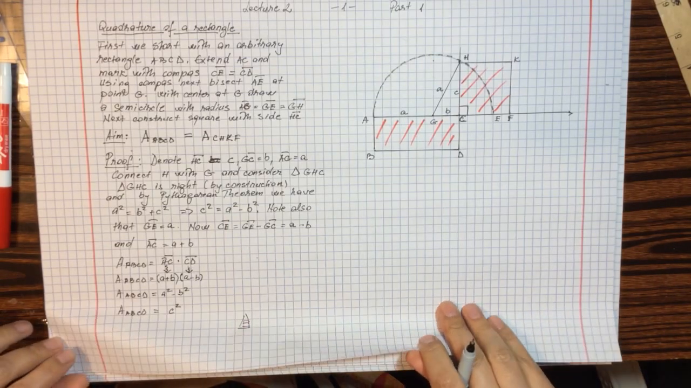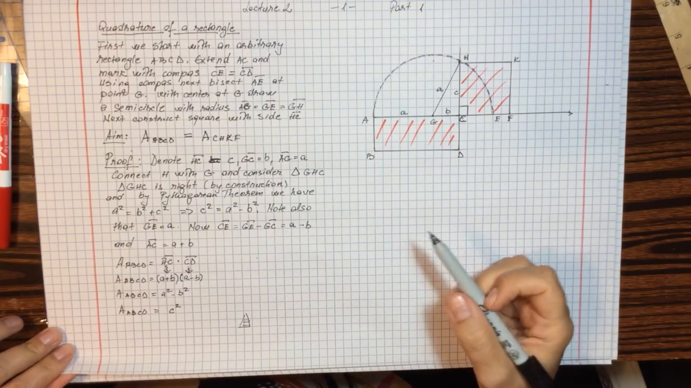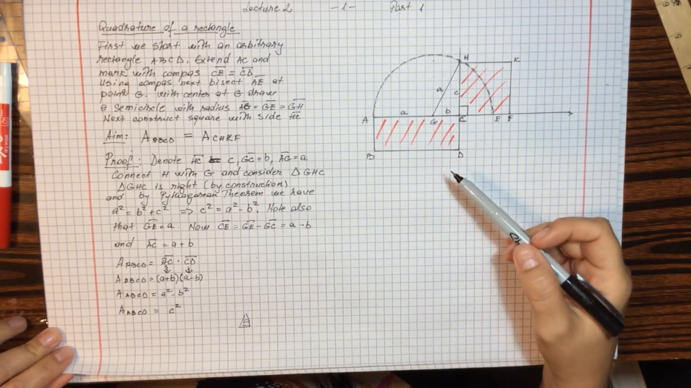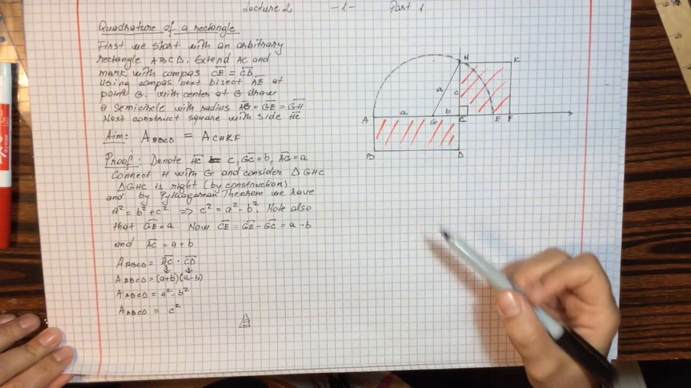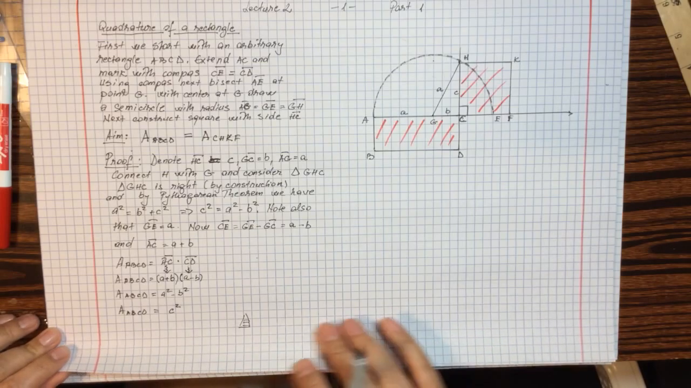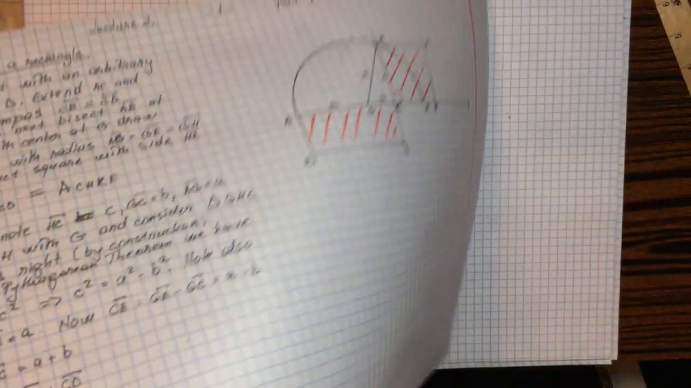We just showed that any given rectangle is quadrable, meaning you can construct another square with the same area as that of your arbitrary rectangle. Okay, so we're still on part one. Now we'll talk about the quadrature of the